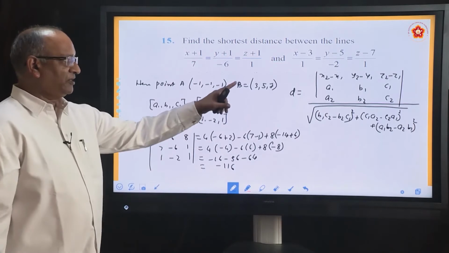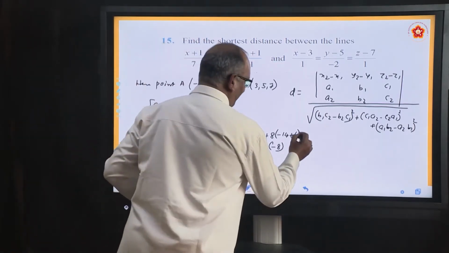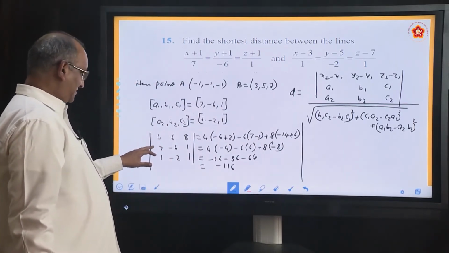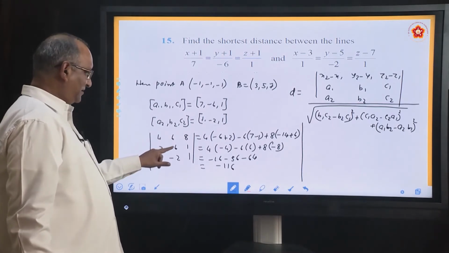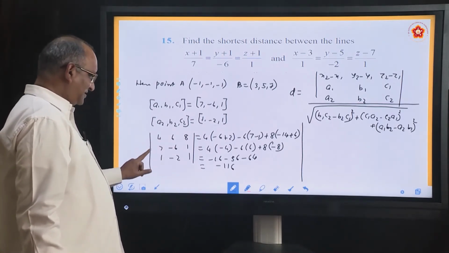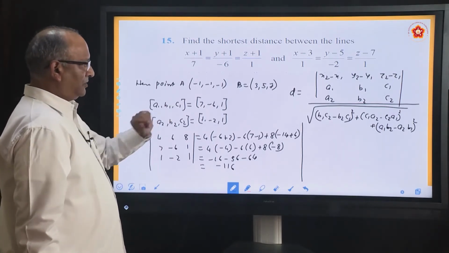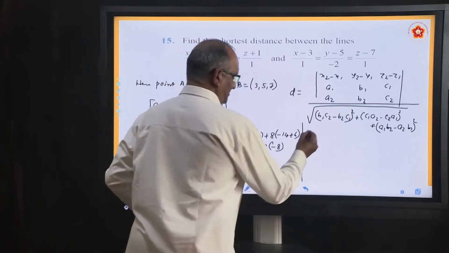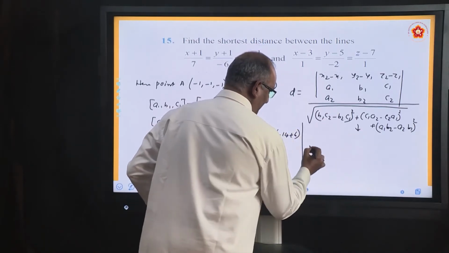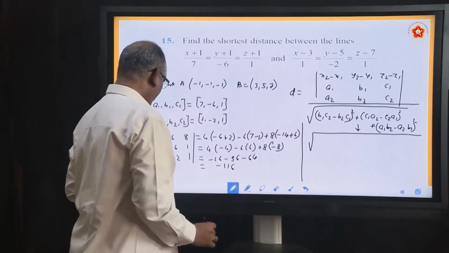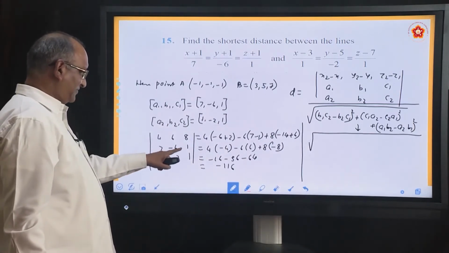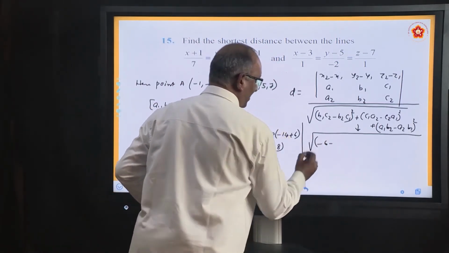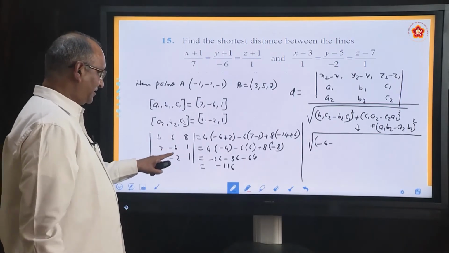In the same manner, find out the value of denominator. How will you find the value of denominator? You don't need to do anything. See, this is A1 B1 C1, this is A2 B2 C2. So what it says, B1 C2. Substitute the values. We are just simplifying this particular part. Remember this is A1 B1 C1. So B1 C2 is minus 6 into 1, minus 6. B2 C1, B2 into C1, so it will become plus 2, squared.